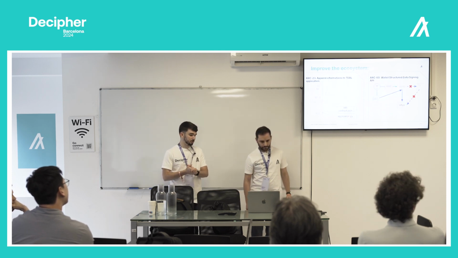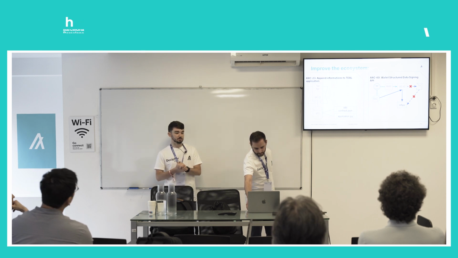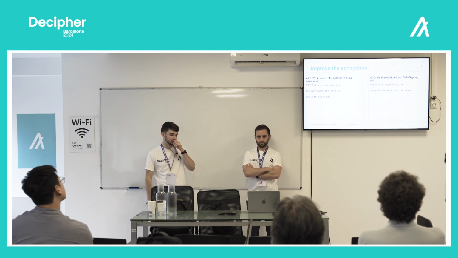The last one. Yeah, and then finally, this last one is just making improvements to the ecosystem through these standards so that it's easier to do the things that developers commonly want to do. So ARC23, this is a really interesting one that's been around for quite a while, but hasn't gotten much adoption yet. But now that we have integration with Crust, we will be able to integrate it into AlgoKit and potentially see more uses.